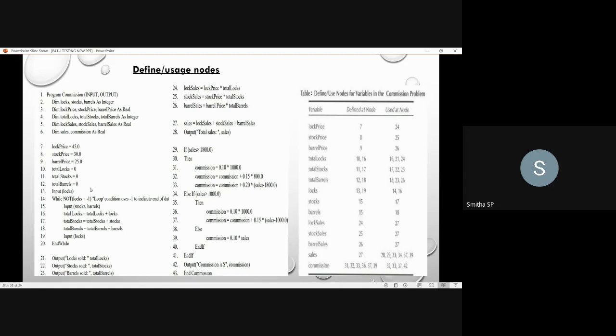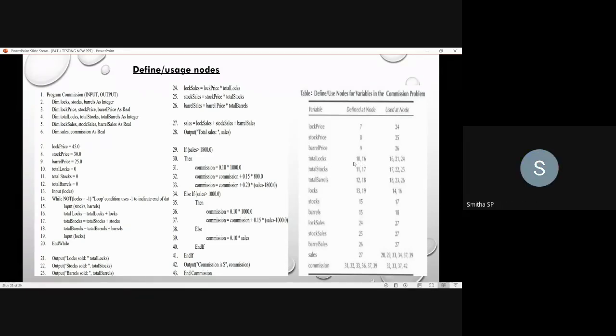Again the total logs you have defined here has been used for the calculation of log sales. So you have written the 24th node as the usage node for the total logs variable. It's clear, right? Total logs, defined and usage nodes.